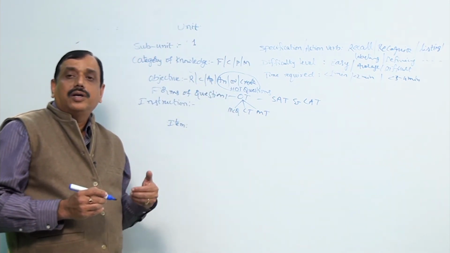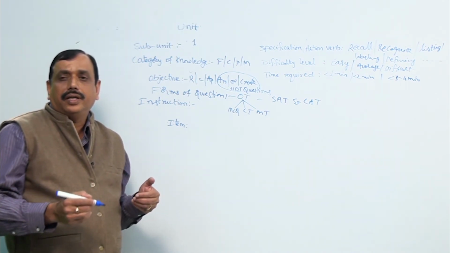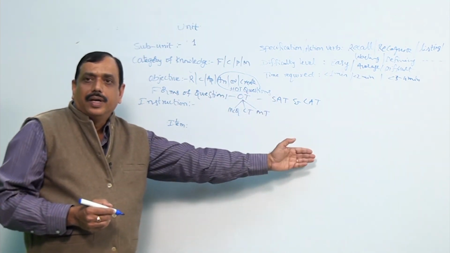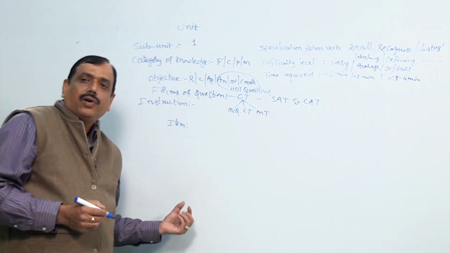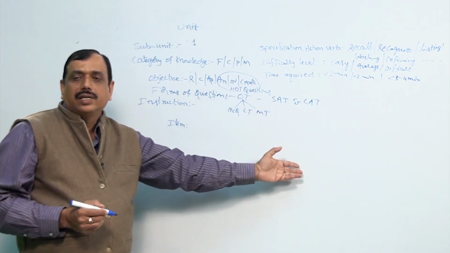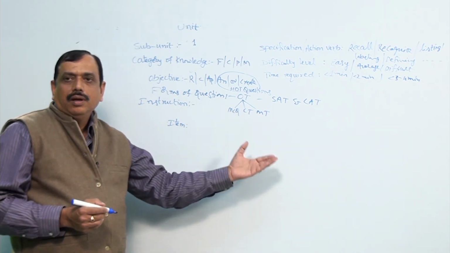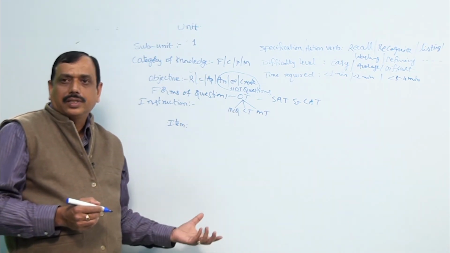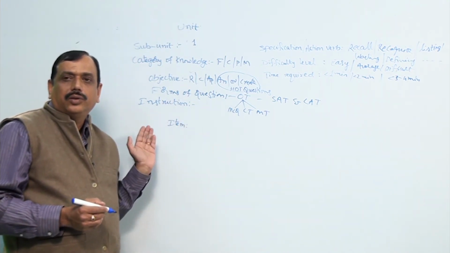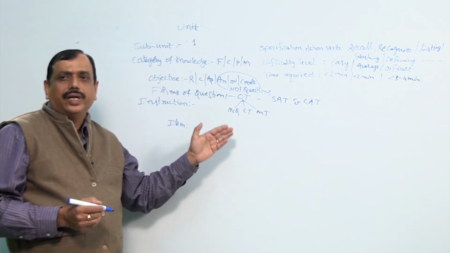So, therefore, my questions will have a different instruction to be given to the respondent, and that instruction needs to be followed. Similarly, for short answer type, my instruction will be: answer the following questions in 1 or 2 sentences. For essay type questions, my instruction would be: answer the following questions in 5 to 6 sentences, in less than 300 words, or within 1 page. So, this becomes my instructions with regard to a particular question. So, therefore, writing instructions becomes very essential.